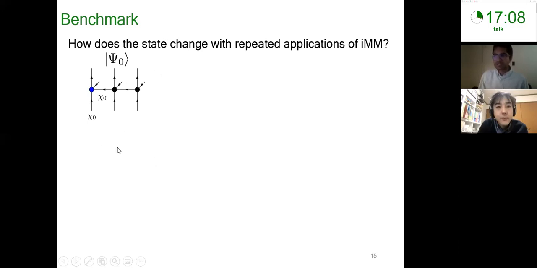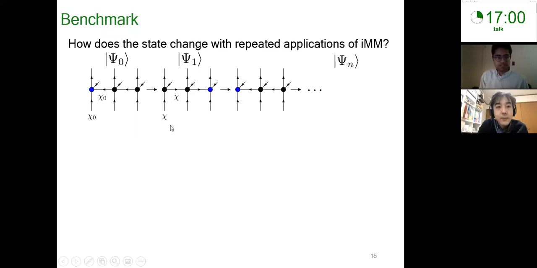So what we're going to do to test this is start off with a desired ISO-TNS, psi 0, with bond dimension chi 0, and we're going to repeatedly sweep left and right, back and forth over this ISO-TNS. So again, we have an infinite strip that we start with, with bond dimension chi 0. We then perform this infinite Moses move to move the orthogonality column to the right, and then we go back to the left, and then back to the right, over and over again. And this gives us n new different infinite strip ISO-TNSs. We also have the freedom to choose the bond dimension of our new strip ISO-TNS,